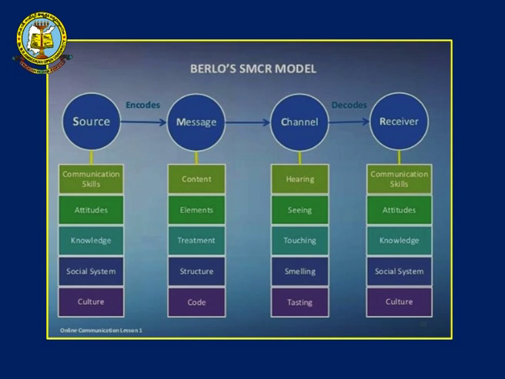Well said, ma'am. In the SMCR model, this is another, it explains the process of communication in general, because we have a source, message, channel and receiver. Ultimately, this is a circle, like a process of communication. The source is saying something, it is reaching through channels and it is reaching to the receiver. So it is circular.